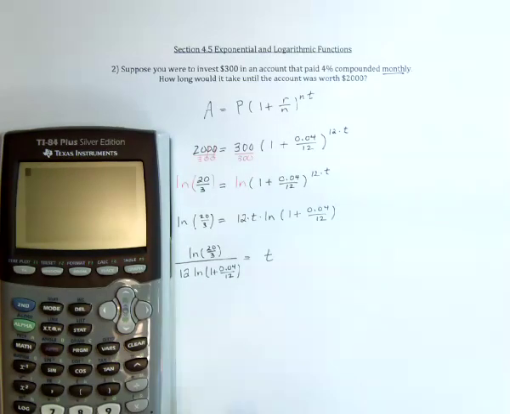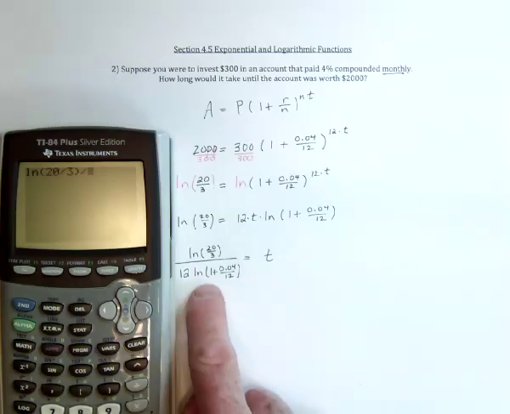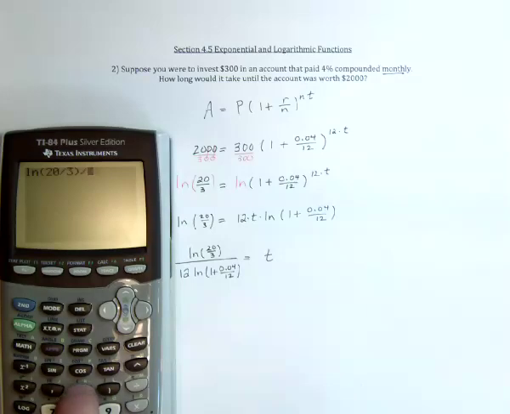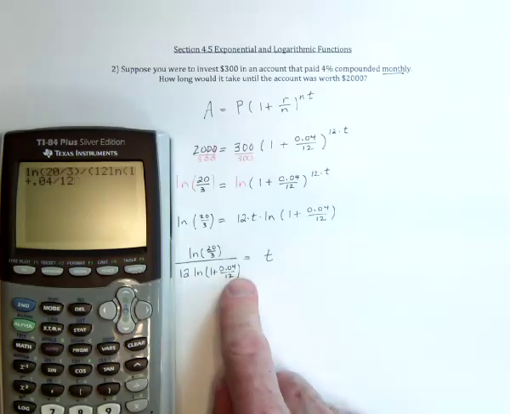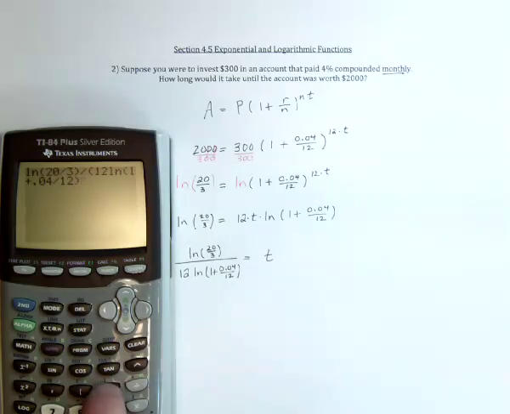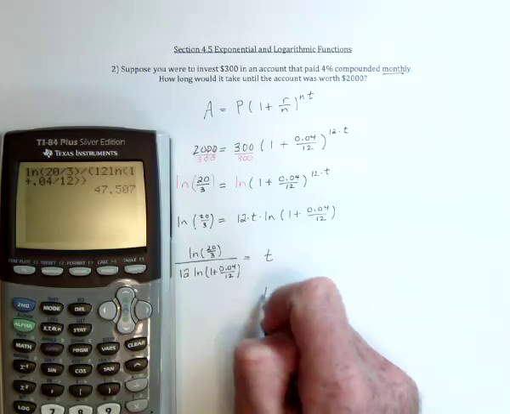So start with the natural log of 20 divided by 3, and then that needs to be divided by, and because it's more than one thing, I need to use parentheses for this denominator. Tell the calculator, here's the denominator. It's got a 12 and a natural log of 1 plus 0.04 divided by 12. And now we need that parenthesis to stop the natural log. And we need another parenthesis to stop the fraction. And the whole thing is equal to 47. So t is equal to